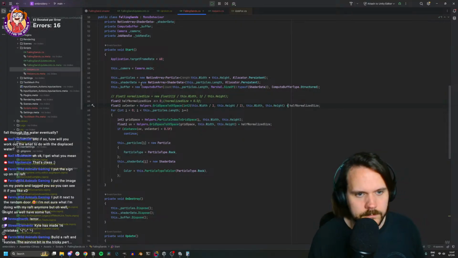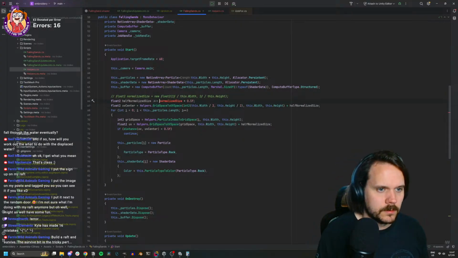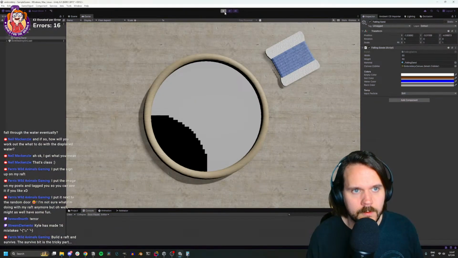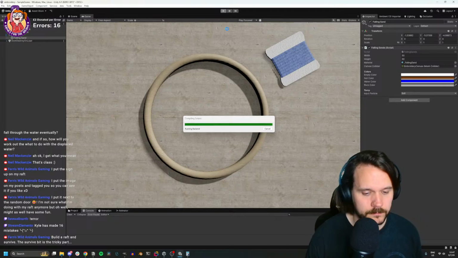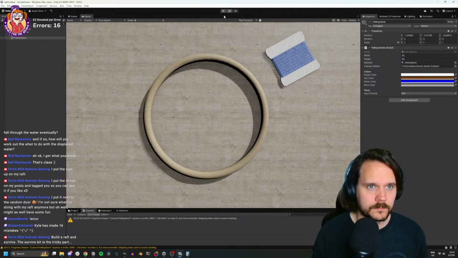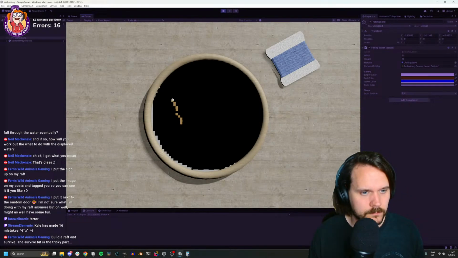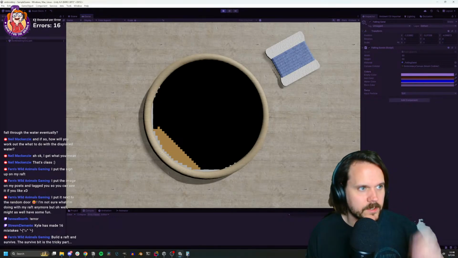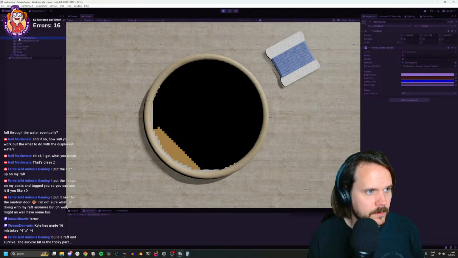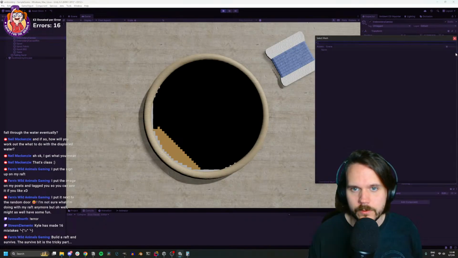Ah, that might have been the issue. Okay, we're still seeing it on the left side. I kind of want to render this on a plane so we can see the whole thing. So if I change this to plane,